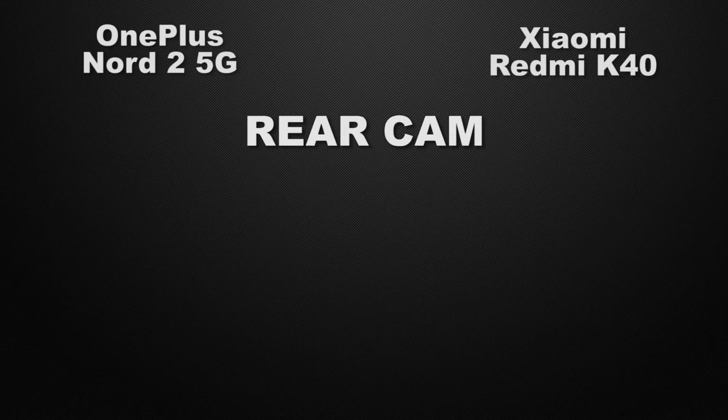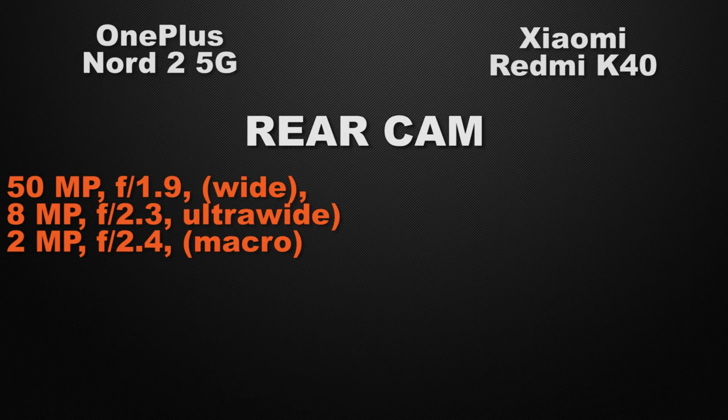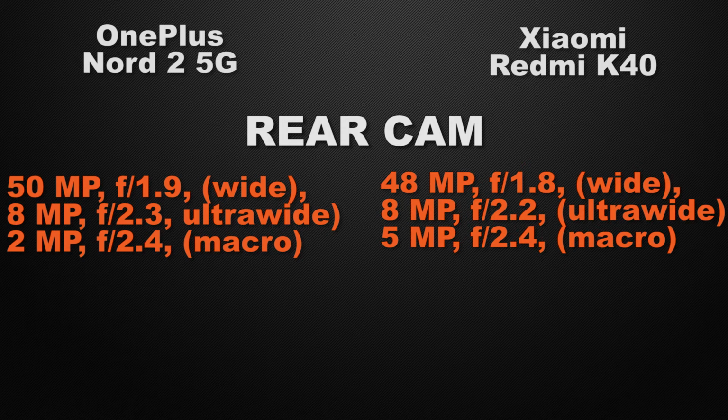Let the comparison start with the camera of the devices. Talking about the rear camera of the devices, Nord 2 has a triple camera setup, 50 megapixel wide camera, 8 megapixel ultra wide camera and 2 megapixel macro camera. On the other side, K40 comes with a triple camera setup, 48 megapixel wide camera, 8 megapixel ultra wide camera and 5 megapixel macro camera. So the winner here is K40 because it has a lower aperture which can take low noise photos in low light